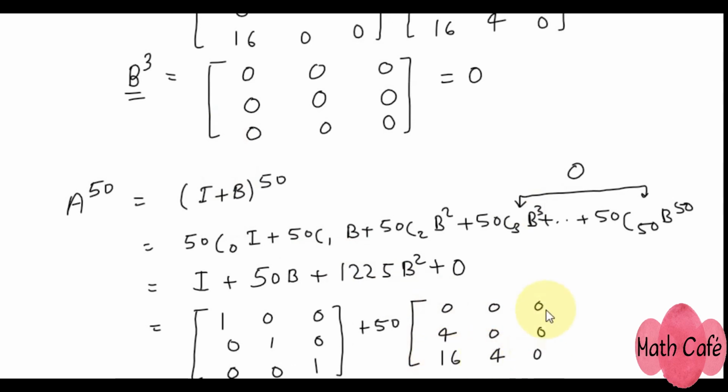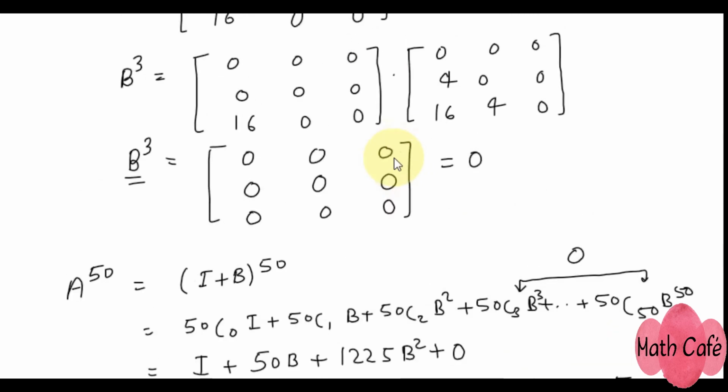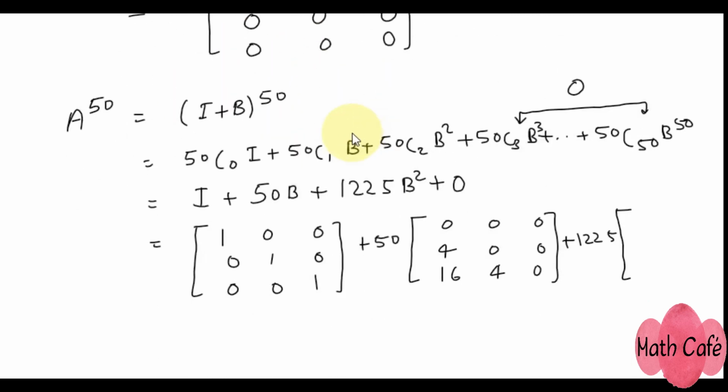Plus 1225 multiplied by B square, and B square matrix is [0 0 0; 0 0 0; 16 0 0]. All right, that is A raised to 50. So finally A raised to 50 will be